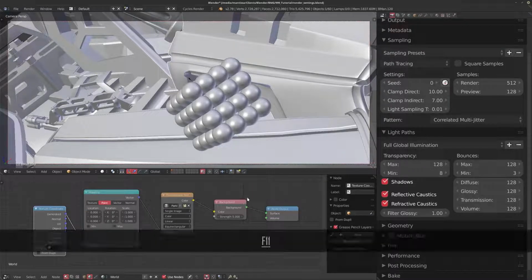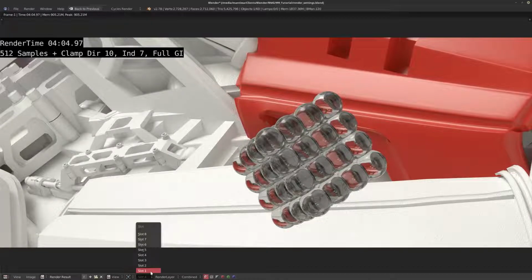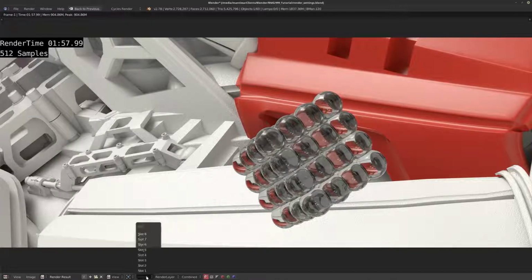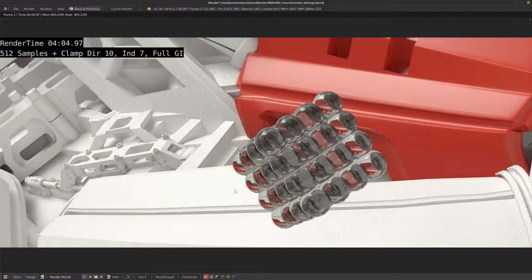Now I'm just going to go back to the very first slot. These are the default settings, and what we ended up with is a render that is obviously twice as slow, but in my opinion, if you get a render where you don't have a lot of contrast just yet, it gives you a lot more space in compositing to do things with it, and to add contrast if needed. It's always easier to add contrast than it is to remove it, so in that case this is quite nice.